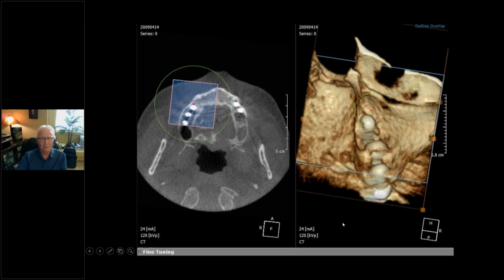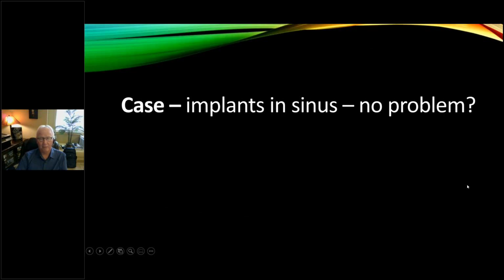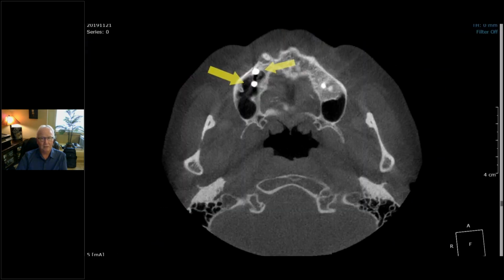This does not happen with cone beam CT. This happens with inadequate imaging. This happens in the hands of someone who says, oh, I just need a panoramic and a couple of intraorals so I can measure more precisely. No, you don't. You need CBCT and you need an implant planning program. So